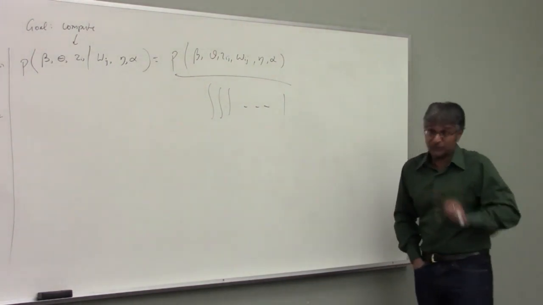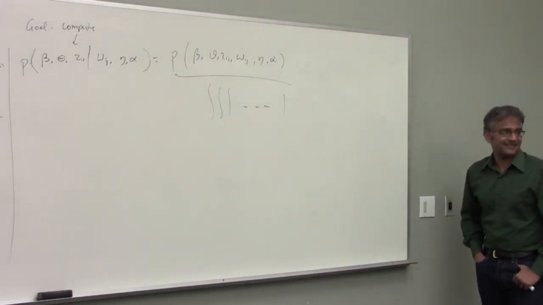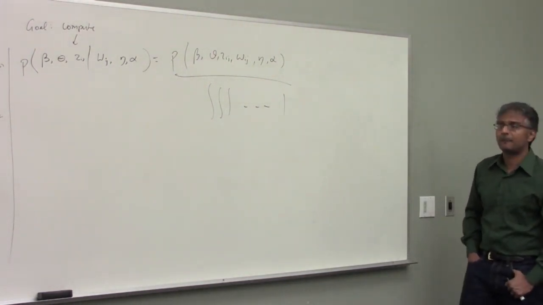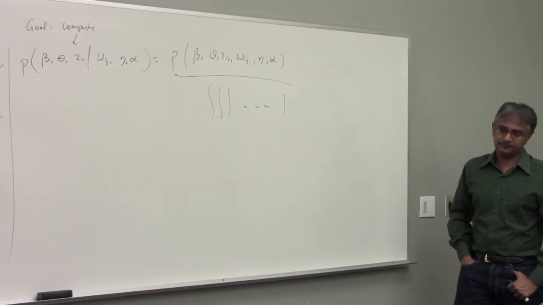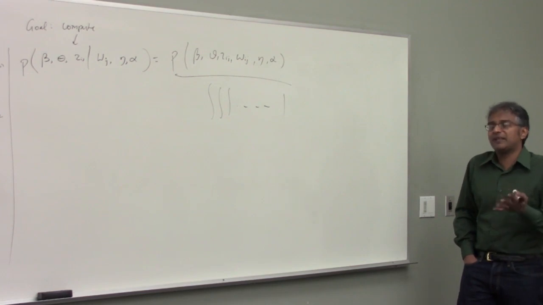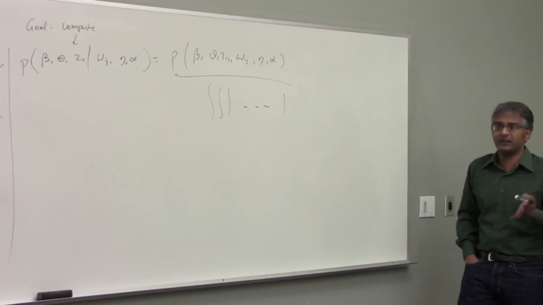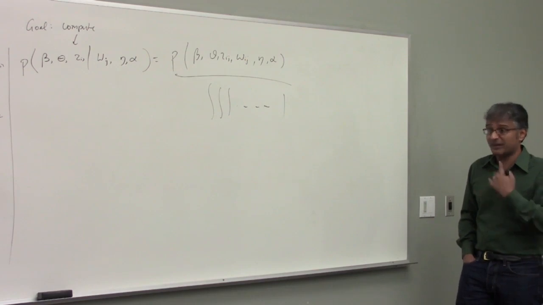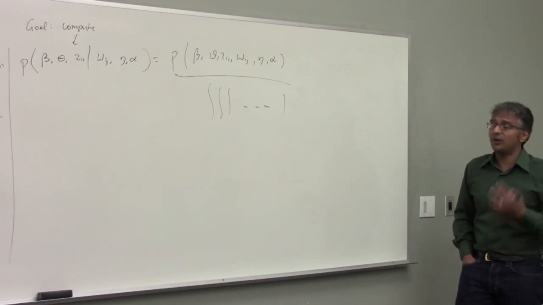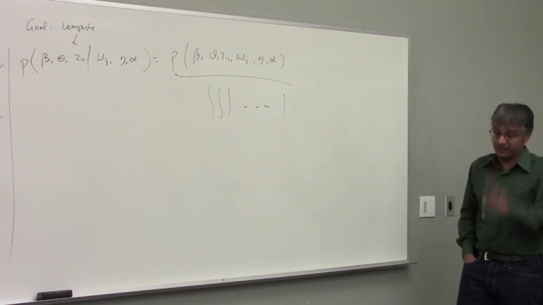He's saying that's what you actually do. It is an intractable problem unless you have some kind of conjugacy where you can come up with a tractable solution. Most Bayesian estimation is like this. Think of it this way: you're basically doing counting, and counting problems are hard, exponentially hard to solve, or at least we believe they are. So you have to come up with some kind of approximation: either approximation by random sampling, which is an MCMC method, or approximation by a variational method, which is another kind of approximation.